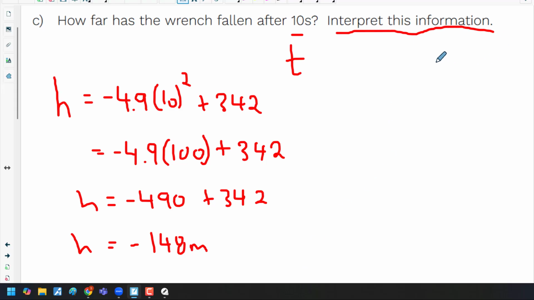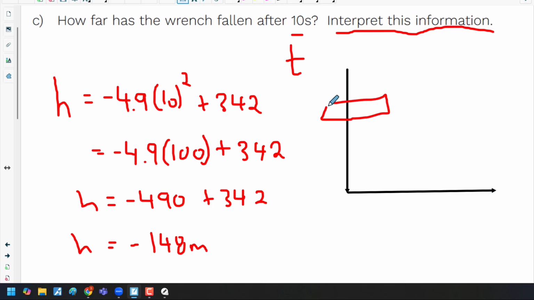Interpret this information. All right, so what do you think? We're getting a negative height. Is that possible? Is it possible to have this wrench that fell on the ground? What's the lowest height that we can have? 0? Question mark, maybe? I don't know. Let's think about this. So there's two ways to answer this, in my opinion. I mean, obviously I could be wrong. There's probably more